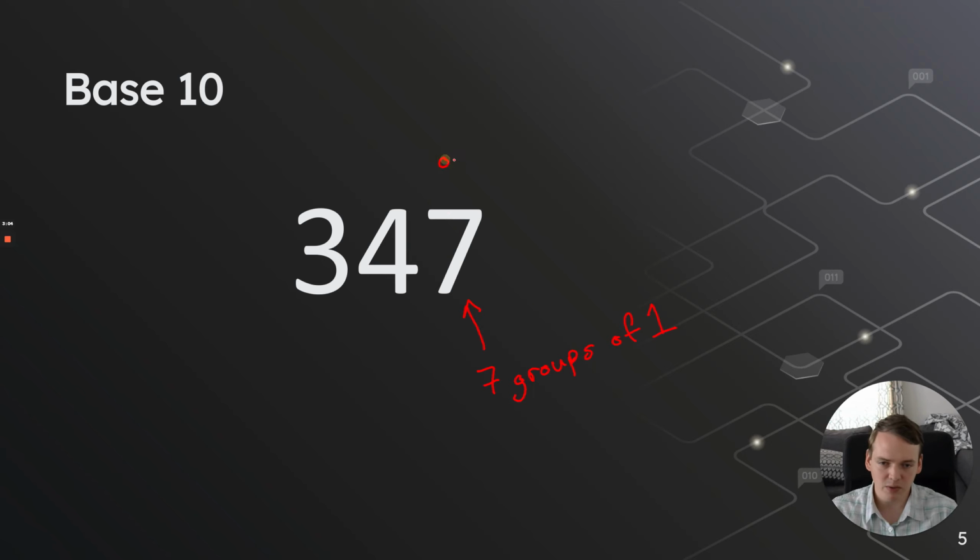If you remember back to elementary school, you've got your 1s place, you've got your 10s place, and you've got your 100s place. And so the second would be 4 groups of 10. And then this third place would be 3 groups